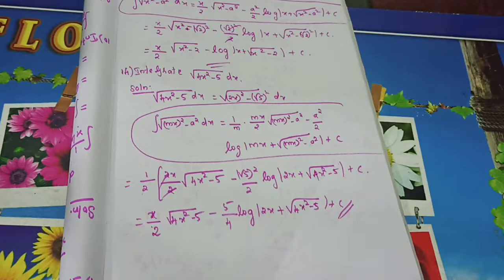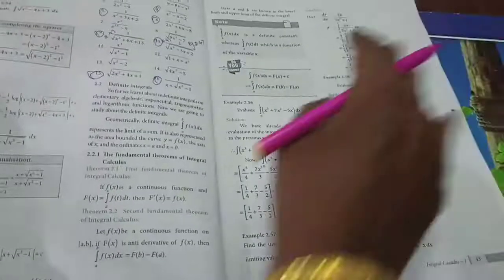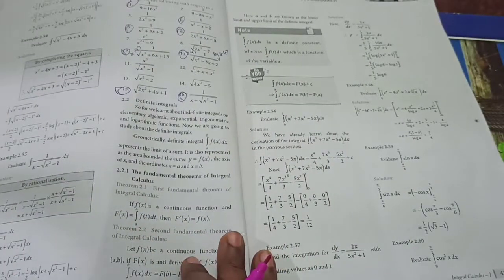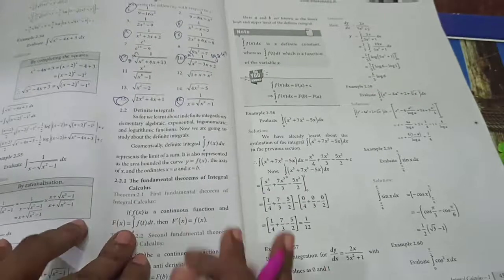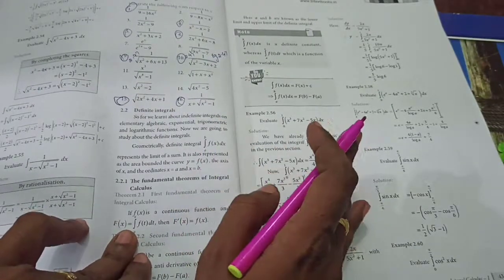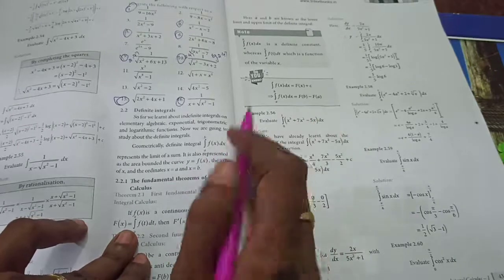Okay, let's move to the next section. The next section is definite integrals. All of you take your books and turn to page number 42. I will explain it in your book. First you need to know what is meant by a definite integral. See here, till now what you learned is simply the integral of f of x dx, is it right? Here there must be a limit, that's the meaning.